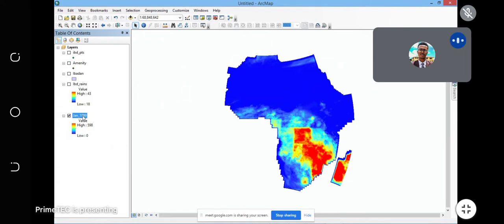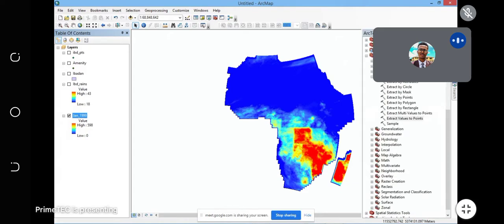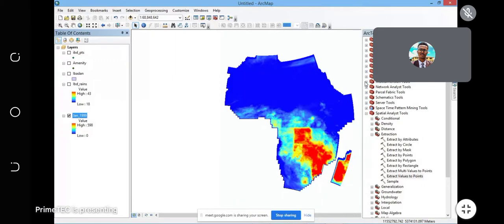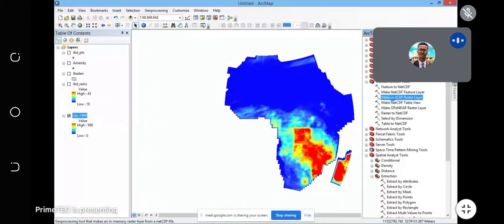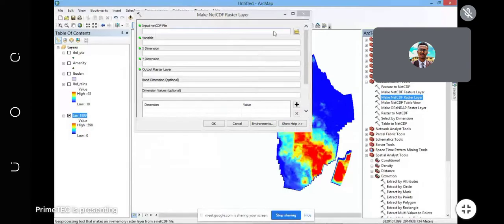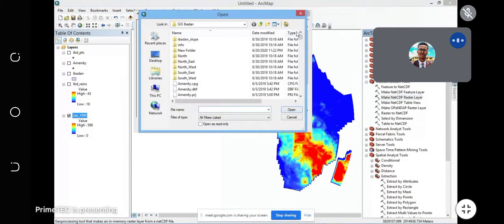How about if you want to construct a rainfall distributional pattern for a particular year and you have January? We can also obtain that for others. That means I've downloaded all of my data actually, so I'm just going to bring them back into this particular workspace. So what would I do? Like I did earlier, you go to the multi-dimensional tool and you make a netcdf raster layer. Now when you do that, you input your netcdf file from wherever it is, and in this case my netcdf file is